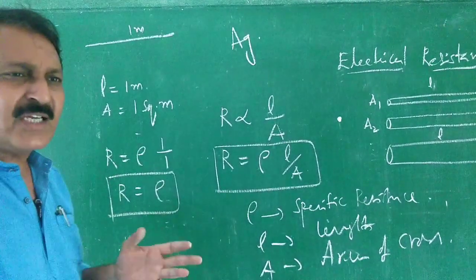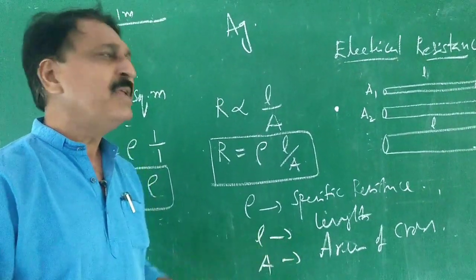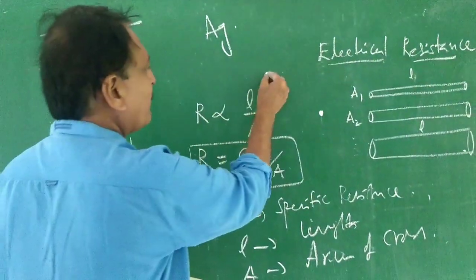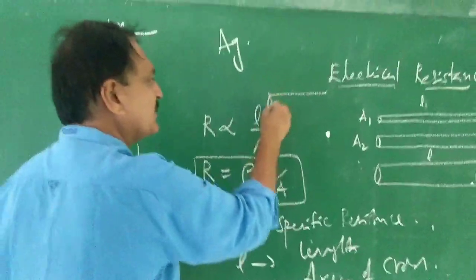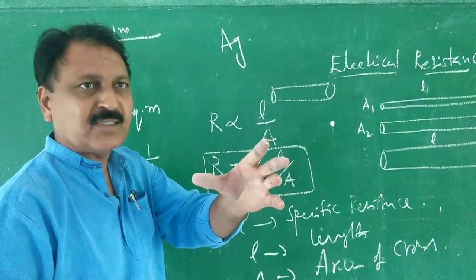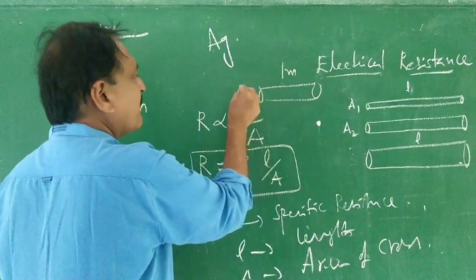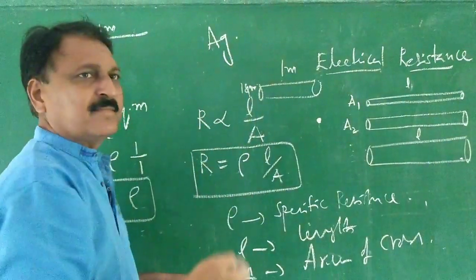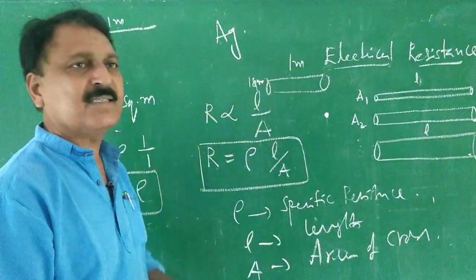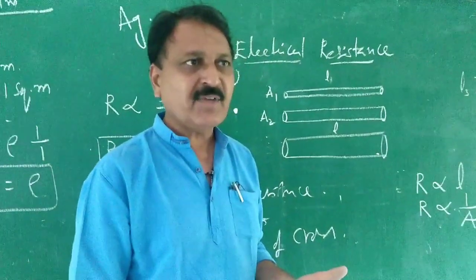Teachers and students, once again, if you want to measure the specific resistance of aluminum, how to do that? Very simple. Take an aluminum rod of length 1 meter, area of cross section 1 square meter, maybe big. This is a simple way to understand specific resistance. If you measure the resistance of this, that is called the specific resistance of aluminum. In this fashion, you can find the specific resistance of any material.